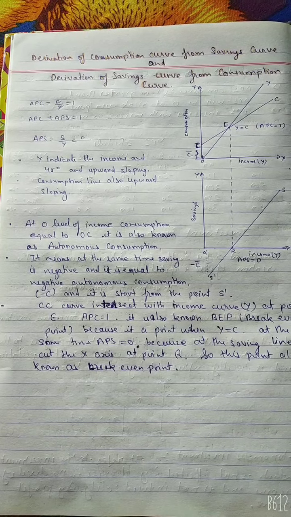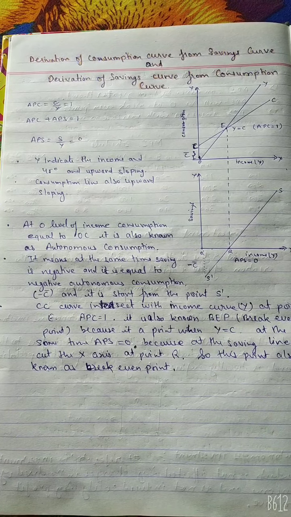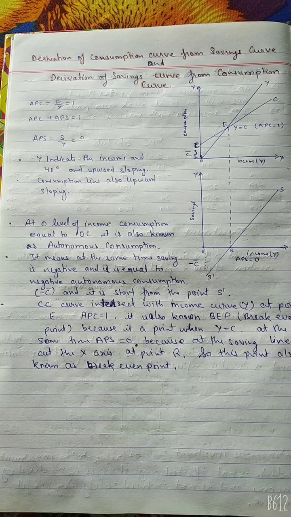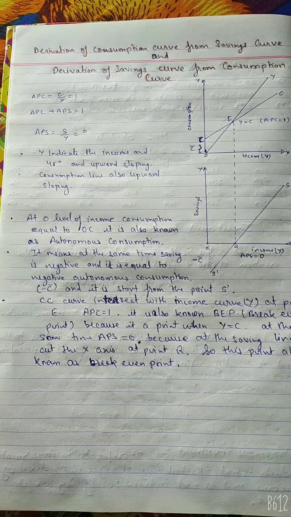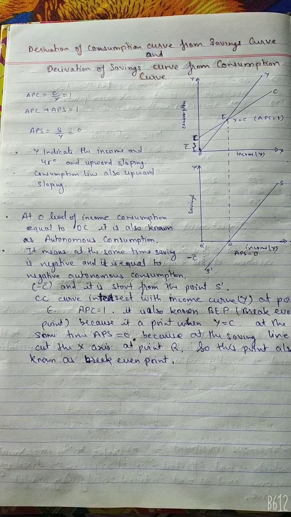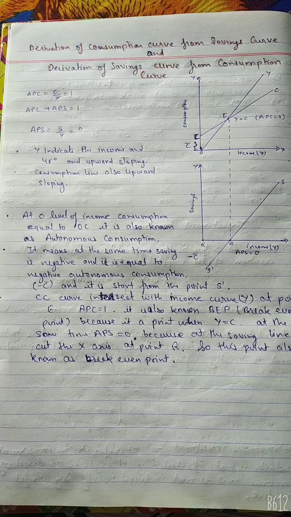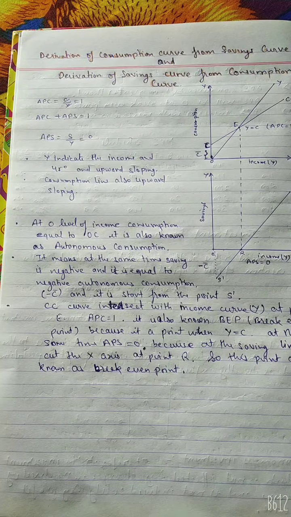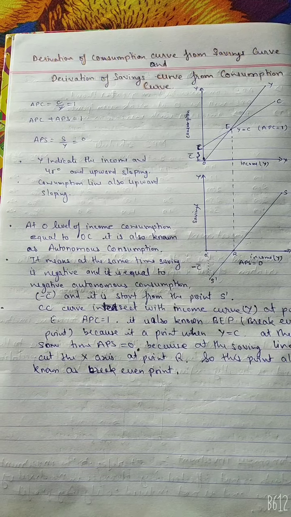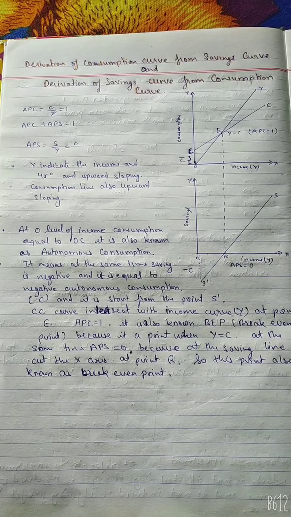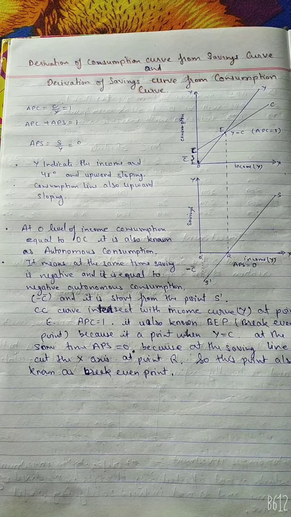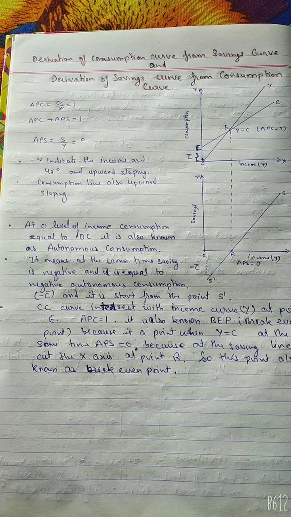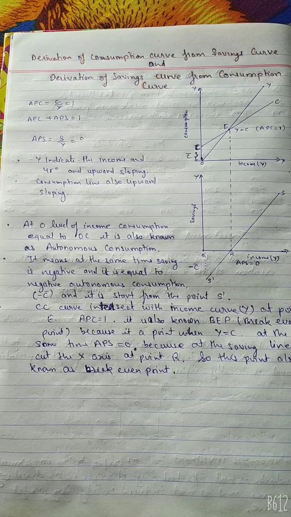At zero level of income, OS dash is the dissaving, that is minus C bar, the autonomous consumption. Therefore OC will be the autonomous consumption, that is C bar, which is the starting point of the consumption curve. Now the saving curve is 0 at point R, which indicates that at this point income is equal to consumption. Therefore the consumption curve intersects the income curve at point E.